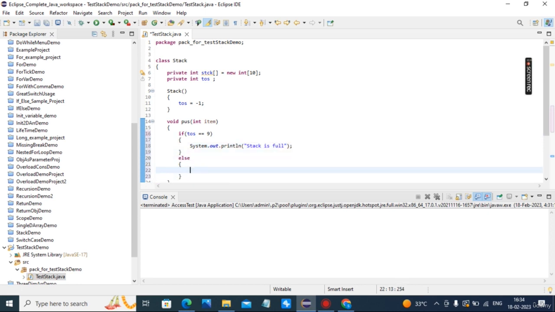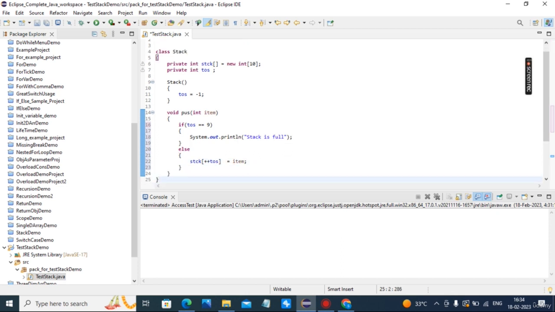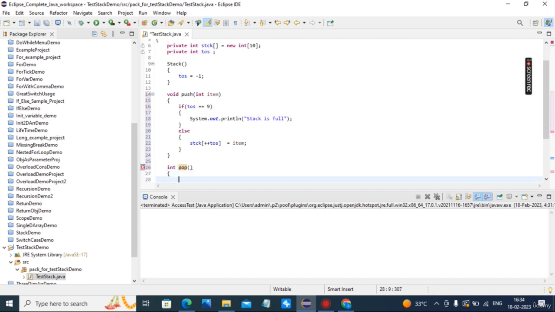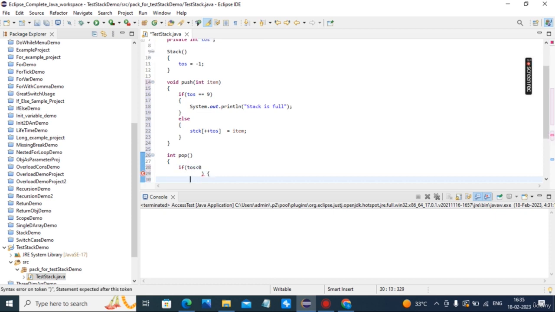Else I put stack of top of stack plus plus is equal to the integer item. Then print message push. Then int pop. If top of stack is less than 0, then stack underflow.